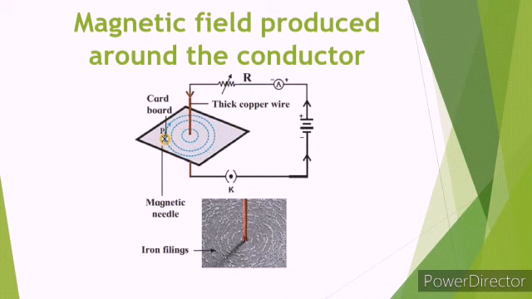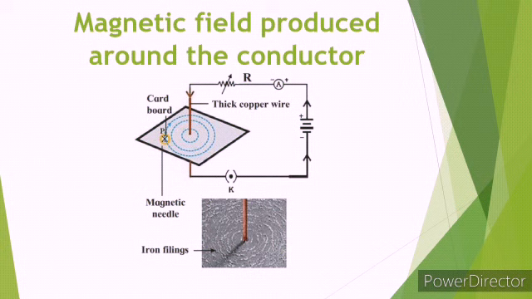The magnetic field produced due to the electric current exerts its influence around it. The iron filings experience a force and arrange in a circular manner. The lines along which the iron filings align themselves represent magnetic field lines